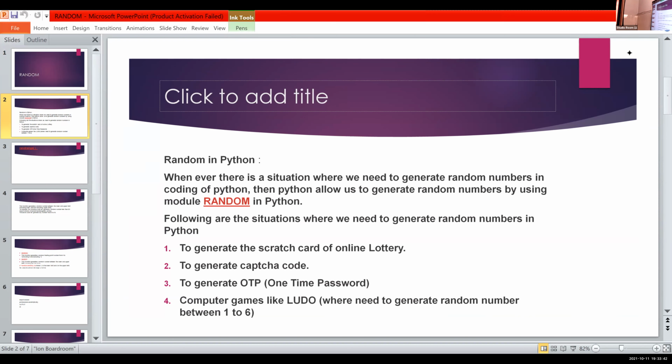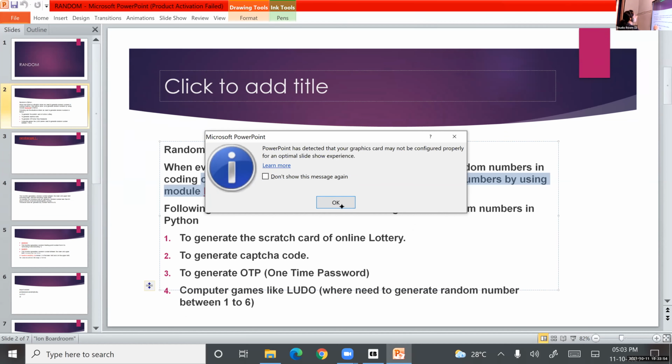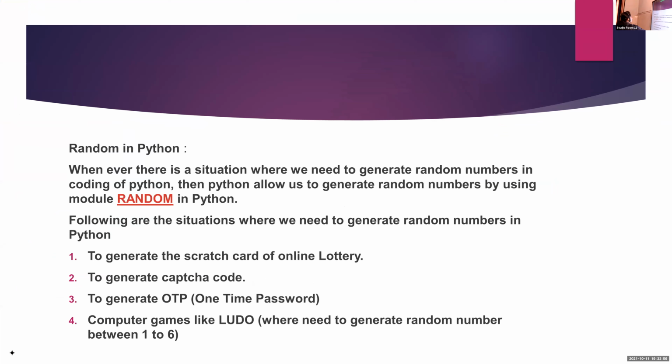Python allows us to generate random numbers by using a module random. This random is a module just like the math module. Following are the situations where we need to generate random numbers. When we are using the functions related with this random, first you want to import that random.